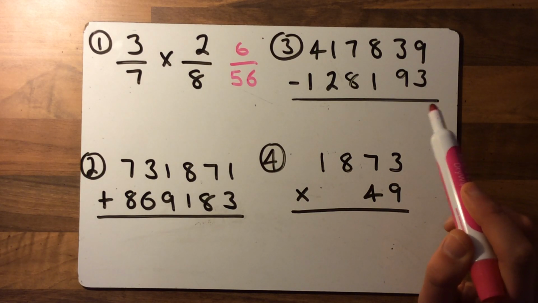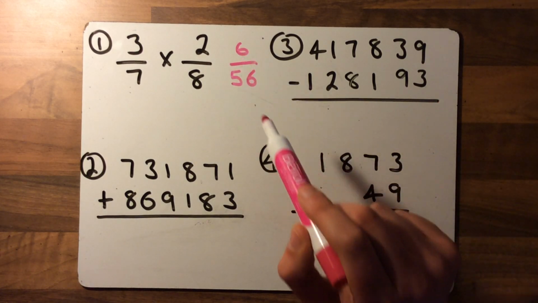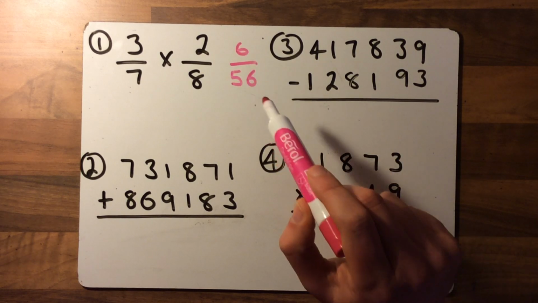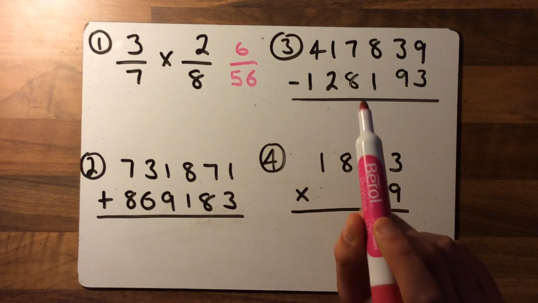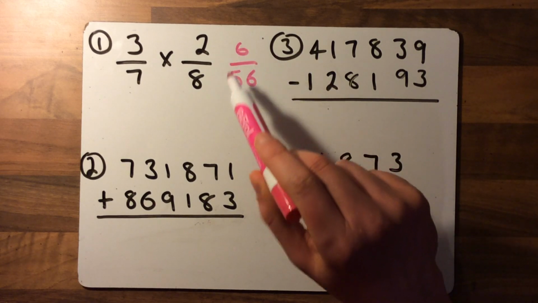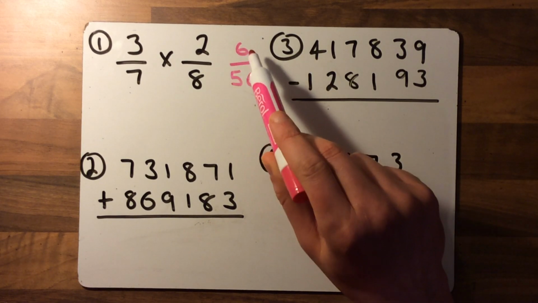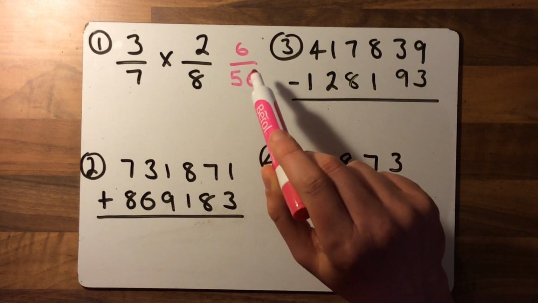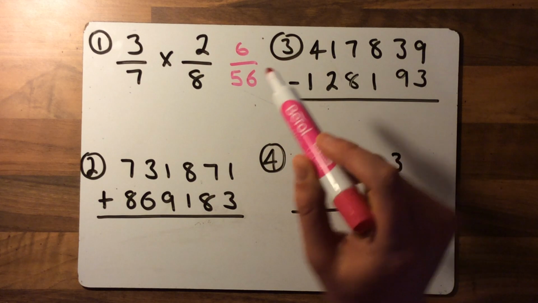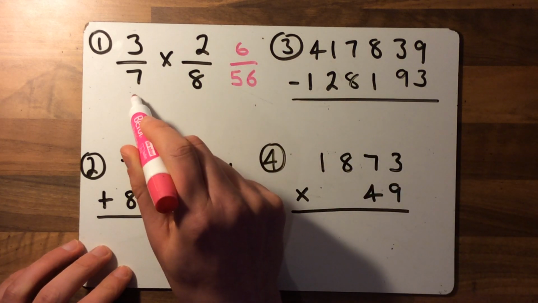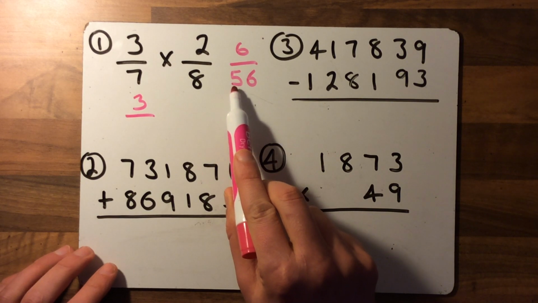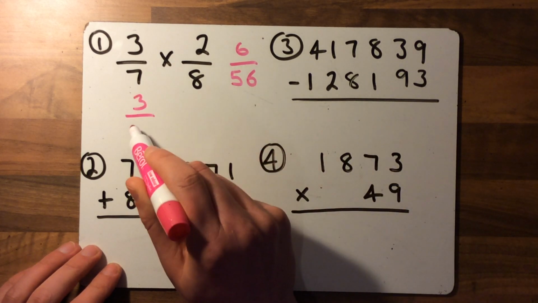Now, this answer is correct, but what we can do at this point is to see whether or not we can simplify it. We can see that they're both even numbers, so it can definitely be simplified. Is there a number that goes into both of these? We can half both of them, can't we? So if we half 6, we get 3, and then if we half 56, we get